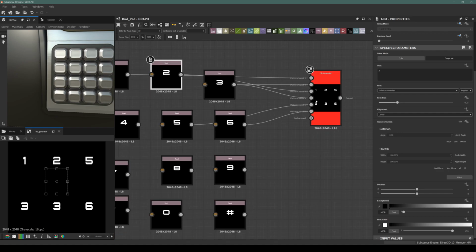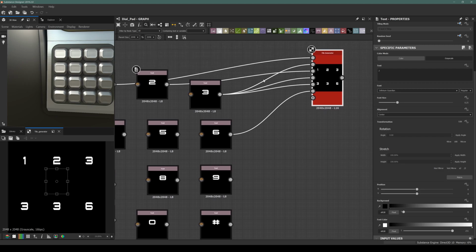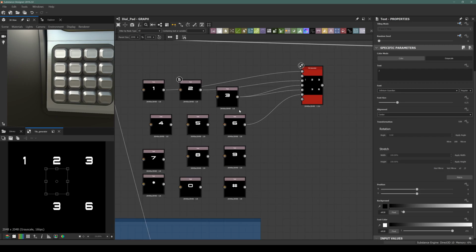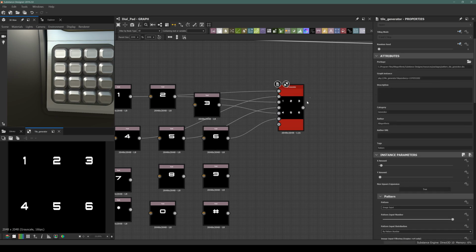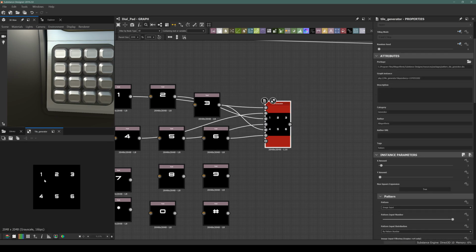And also for the 3, we just move the input by the desired position. For the 4, we need to use the 2. And also for the 5, we need to use 4 and 6 in the position. Now we have the distribution